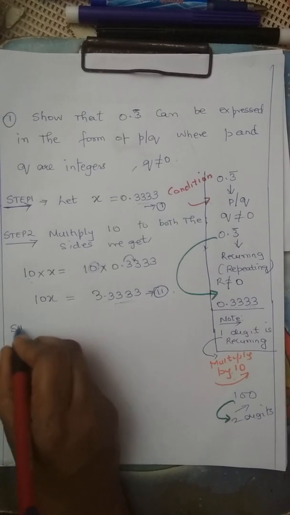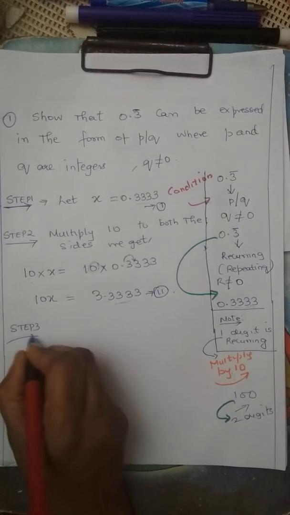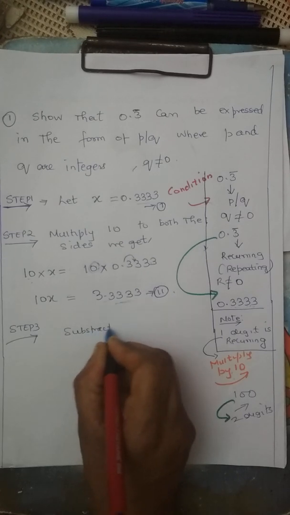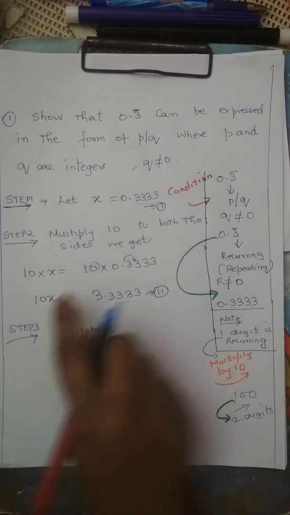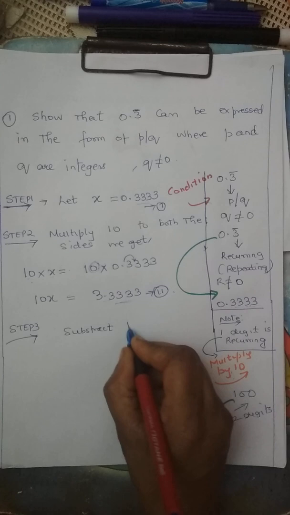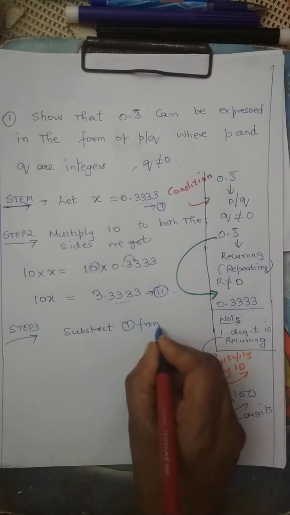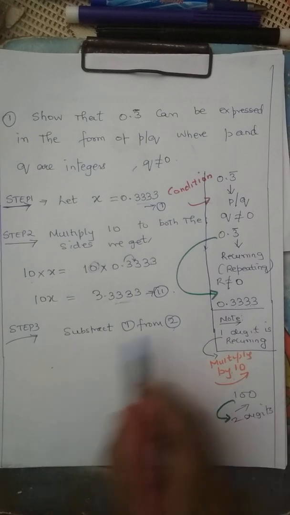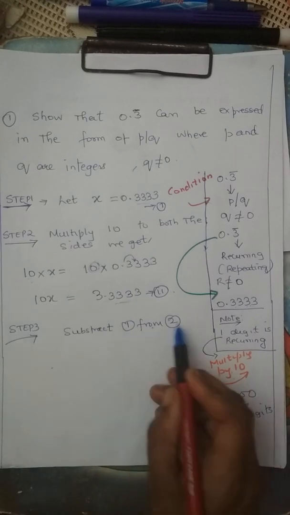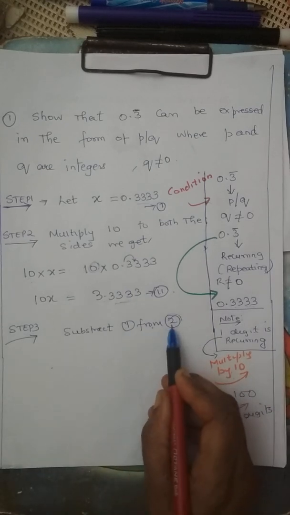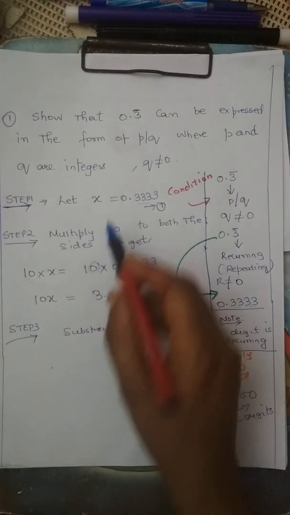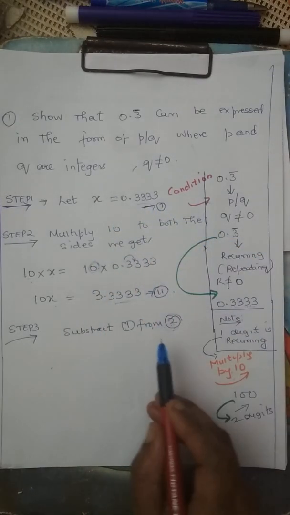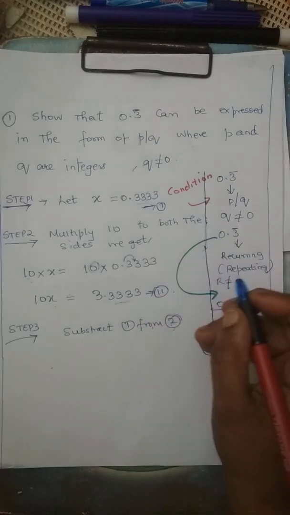Now step 3 is subtract. Now who is bigger? 2 is bigger. So subtract 1 from 2. Subtract 1 from 2. You all know, no? You all learned in 7th standard when from is there. Who will come first? Subtract 1 from. Who will come first? The equation 2 will come first. So since this is bigger, we say we are subtracting 1. This is 1 equation. 1 from 2.